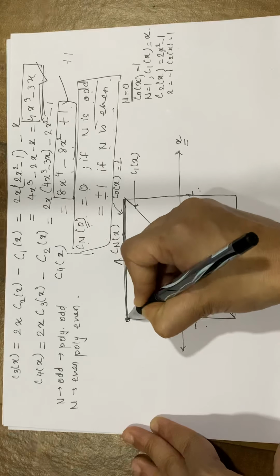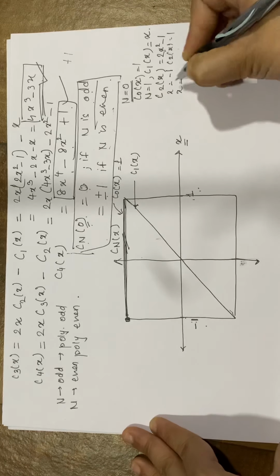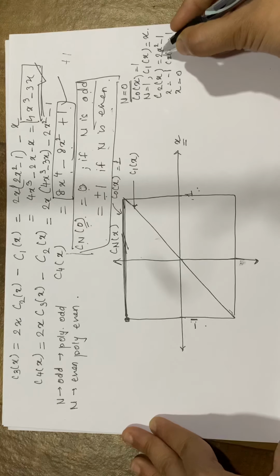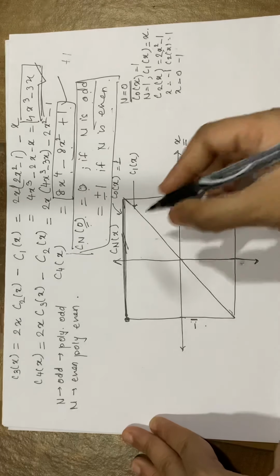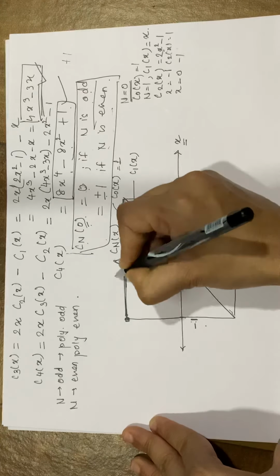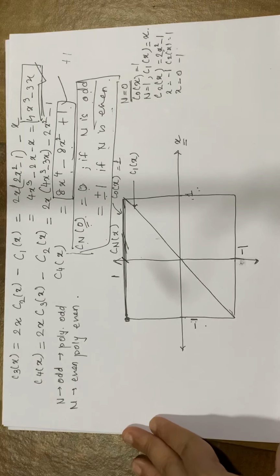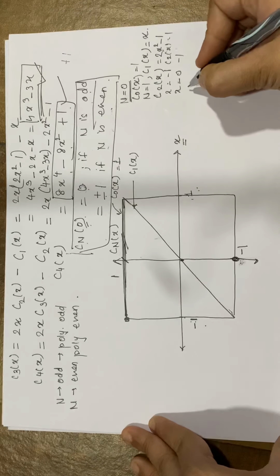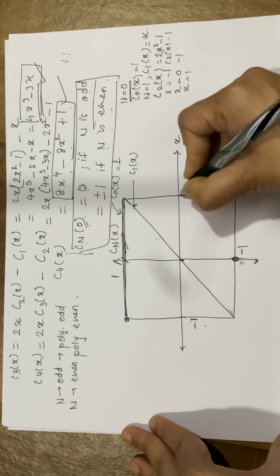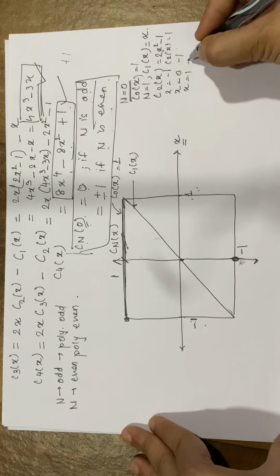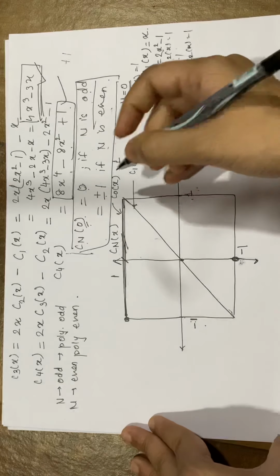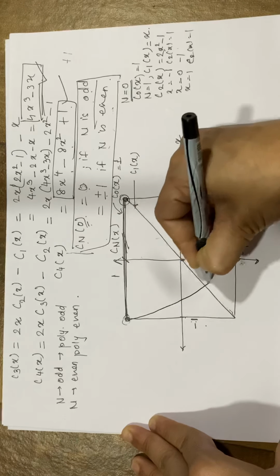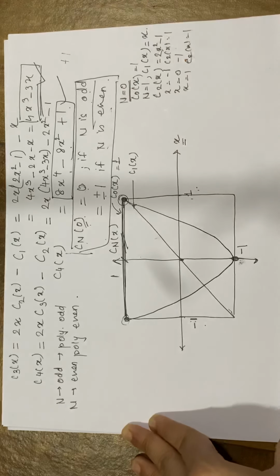So it is going to be this point, right? For x equal to 0, what is going to be 2x square minus 1? If I substitute x equal to 0 here, it is going to be -1. So this is actually the 1 line, and this is actually the -1 line. Okay, for x equal to 0, your C2 of x is -1, so this point. Okay, similarly, if I substitute x equal to 1, what am I going to get? 2 minus 1, which is equal to 1, C2 of x is equal to 1. So it is again this point. Okay, so these are the 3 points that I need to join. So it is actually going to be like this.